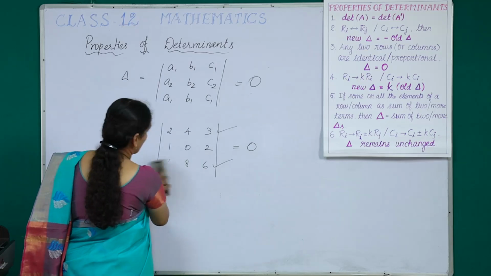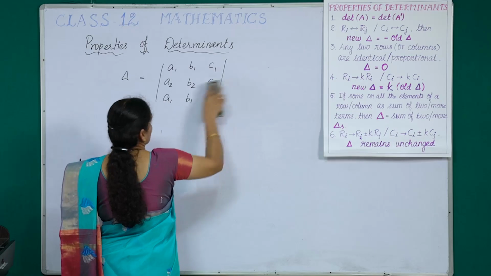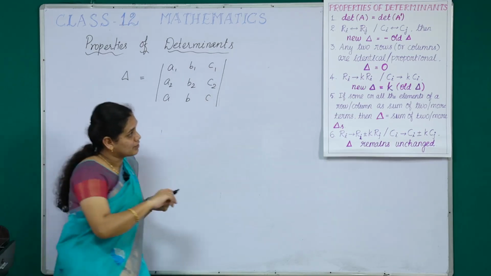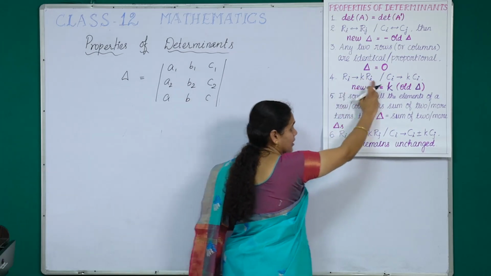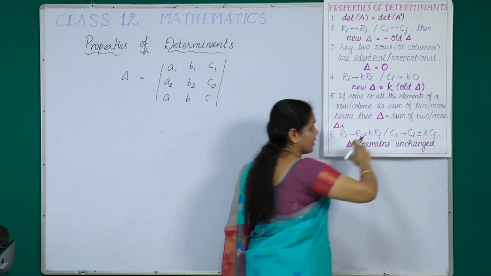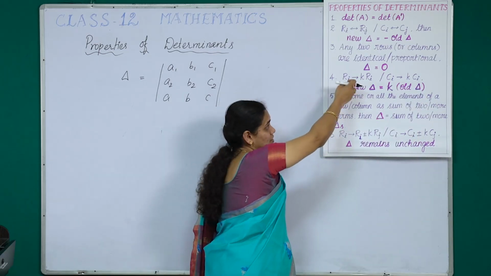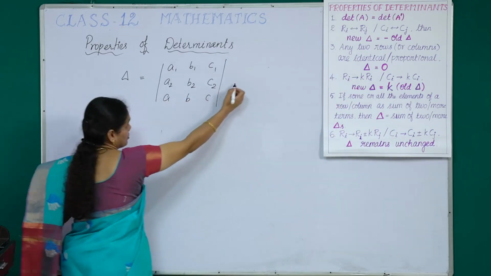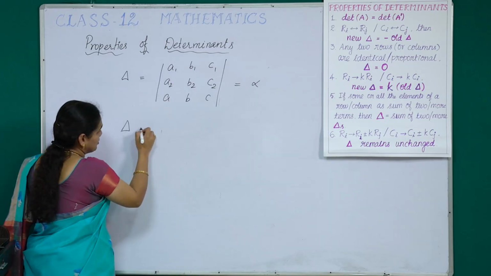Then the fourth one is Ri takes k times Ri, Ci takes k times Ci. This operation we have seen already in the matrices, elementary transformation also we did this. So the same operation if we do here, suppose this is alpha, then I multiply